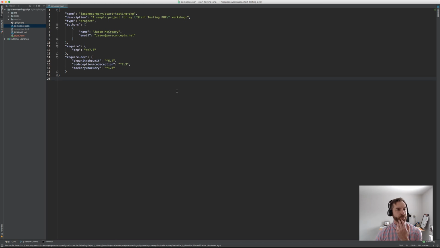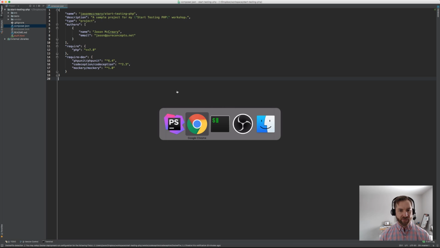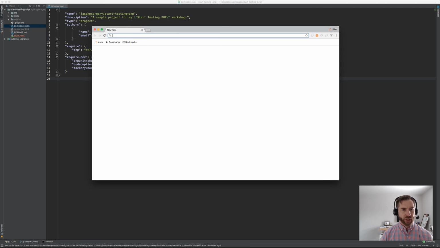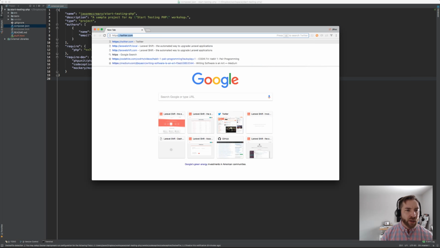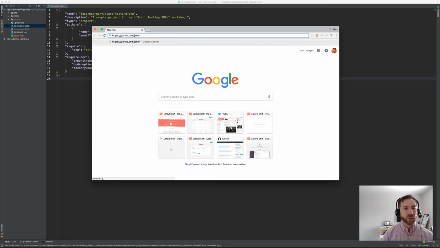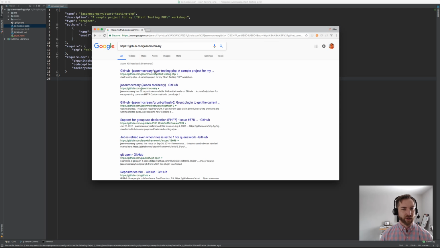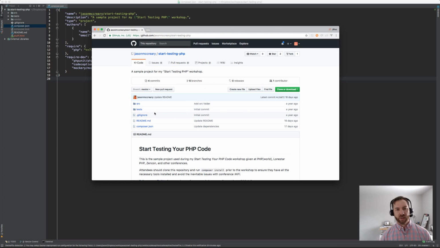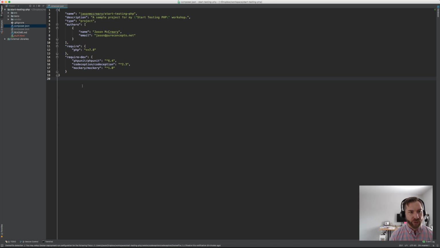Okay, so basically there is a Start Testing PHP project I have out on GitHub. We can go check that out for those that want to download it. Let's go to github.com and then Jason McCreary. I should have posted that in Slack. Maybe somebody else can help me do that. But basically, here's a sample project. Really all it is is a rough project structure, and then inside of the composer.json we can see, over here back in PHPStorm,